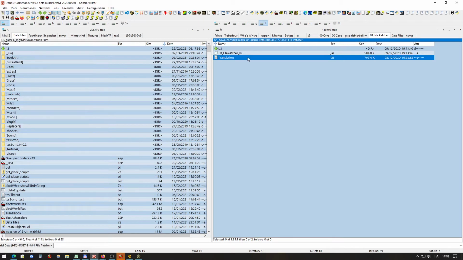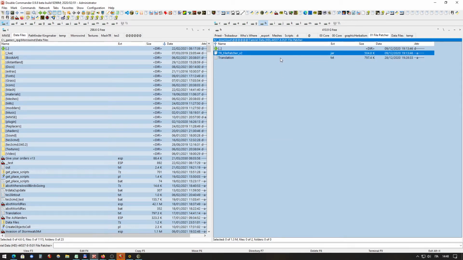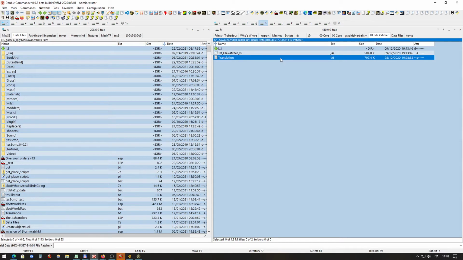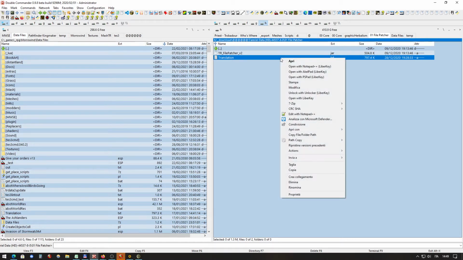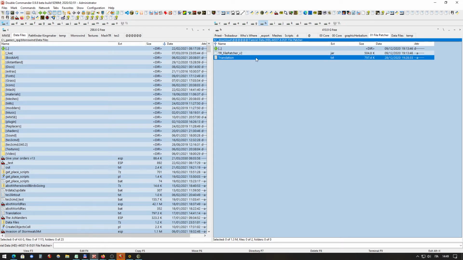So for instance, I will copy the path. Oh, by the way, this is another tool that I really suggest you install on your Windows computer. It is called Path Copy, and it is a pretty nice utility where you can right click on any file and automatically copy the file and folder path that you are using, because this kind of information is pretty useful to have when you work with files. So we right click this file and copy the file folder path, and then we can